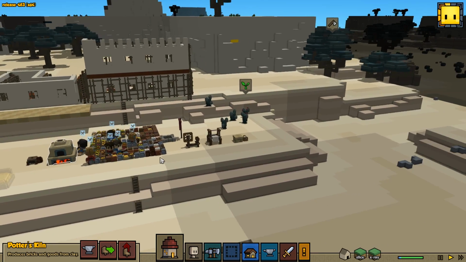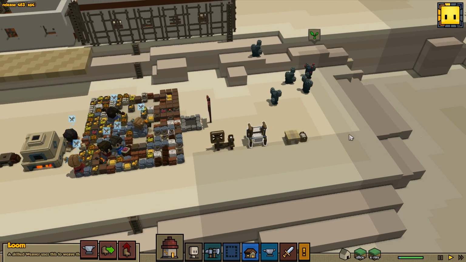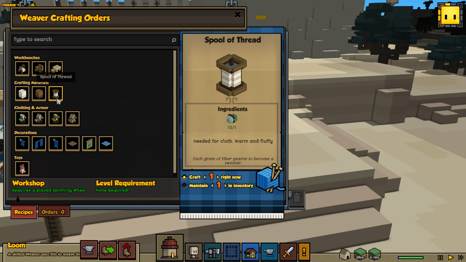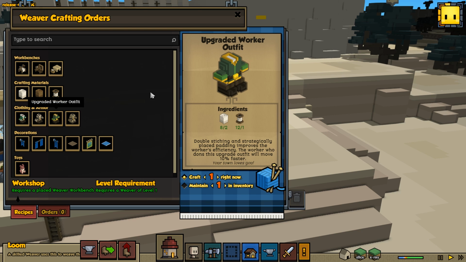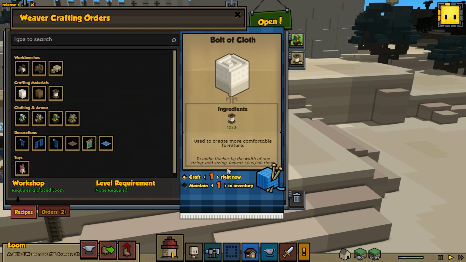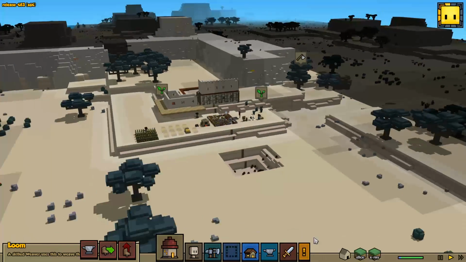Okay. Oh yes. Also, our clothing should be ready to be built as well, because last time, if you remember, we got a bunch of thread built, and yes, the upgraded worker outfit. So we can build 4 of those now. Yay! Awesome. So we're gonna build 4 of those. Craft. And we're gonna build some more thread. Build 10 of those. And then we're gonna build some more of the cloth so we can build more of the worker outfits, which improve our worker speed by 10%. That's pretty valuable, actually. That's not too bad. We'll build 3 of those, so we should be able to build at least 1 more worker outfit, which means we're going to be out of